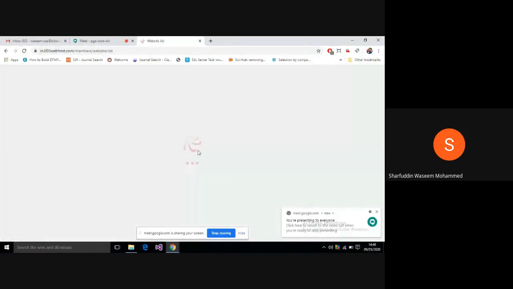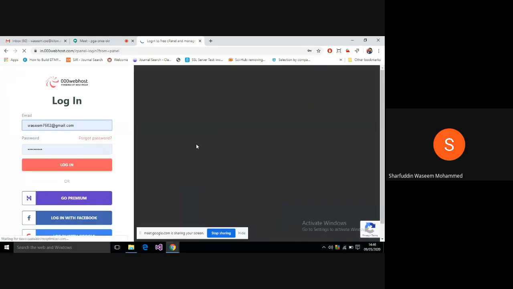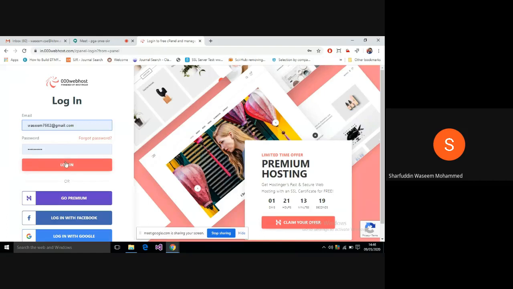Once you successfully log in to your 000webhost account, it will give you an interface, a hosting interface. Earlier we used to call it cPanel, and most web hosts also provide cPanel to you. cPanel is a management tool, also called a control panel, which manages your hosting websites. So here it asks you for a cPanel login. You simply enter your username and then the password and click on login.